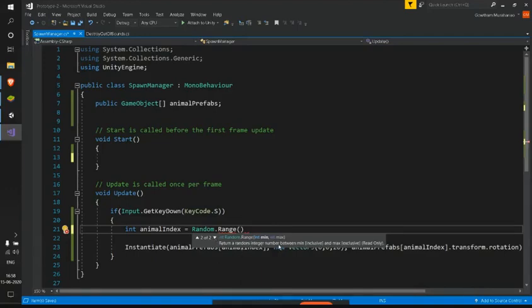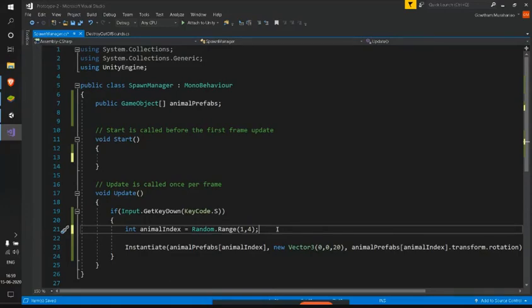And see what it says. Return a random integer number between minimum, which is inclusive, and maximum, which is exclusive. This just means that if I give these values as 1 comma 4, then the random values that can be generated are 1, 2, and 3. That's it. It can't take 4. The first value is inclusive, whereas the second value is exclusive. But in our case, we need the values to be 0, 1, and 2.